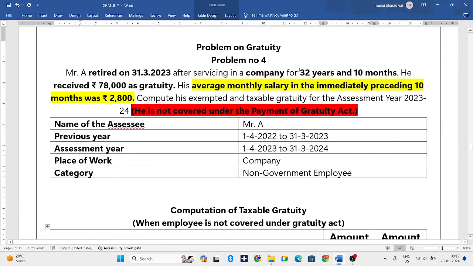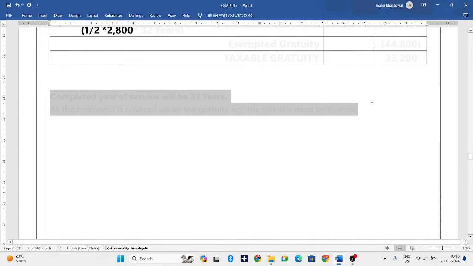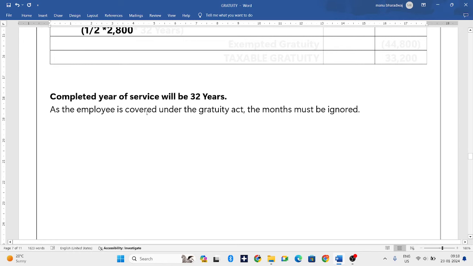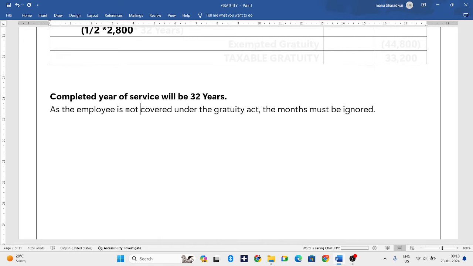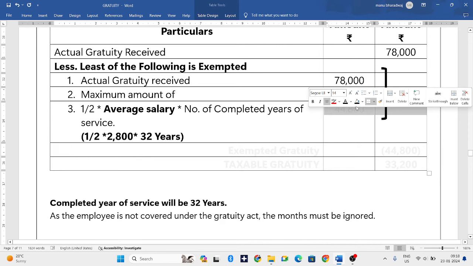Now, they have told that he has served the organization for 32 years and 10 months. Remember one thing: when the employee is not covered under the Payment of Gratuity Act, the months should be ignored. Don't consider the months. So here we take only 32 years. As the employee is not covered under the Gratuity Act, the months must be ignored. So half into 2,800 into 32 years, we will get